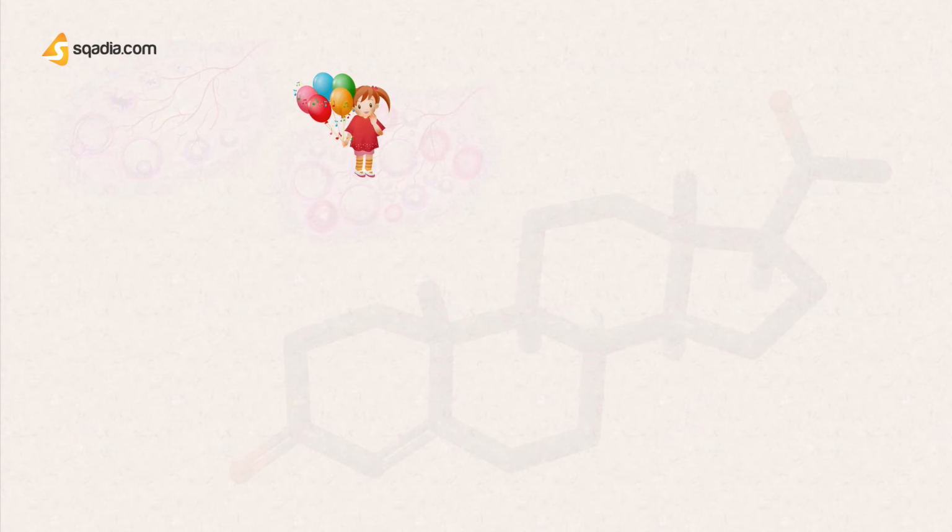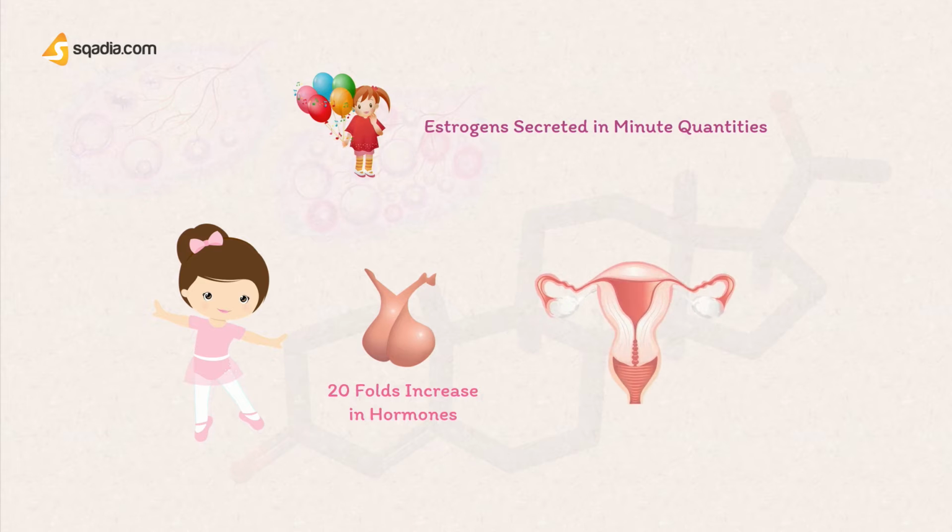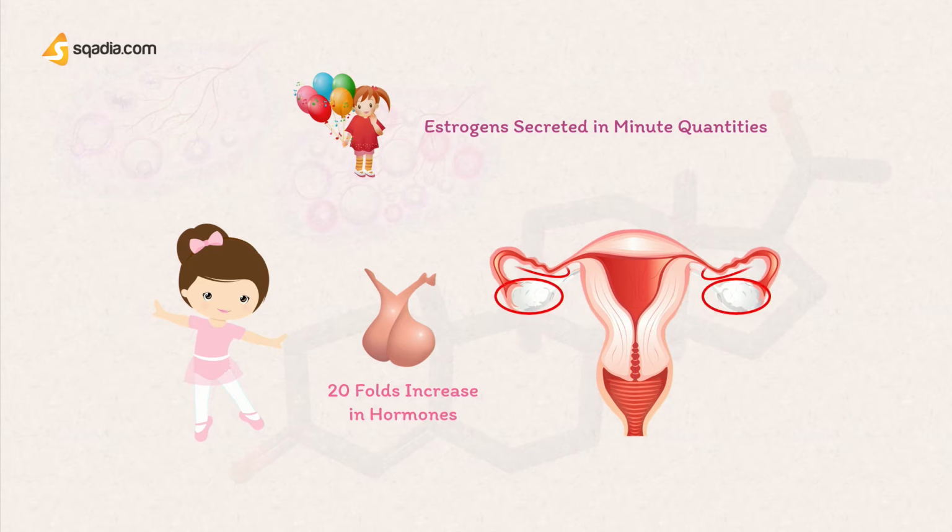then produces effects in the form of enhancement of secondary sexual characteristics. Certain tissues, certain membranes, certain linings of the body in the reproductive system and external genitalia proliferate and turn a child into an adult female. During childhood, only a minute quantity of estrogen is secreted in a female child, but as the child progresses to the teenage, the production of estrogen increases up to 20 folds, which results in the enhancement of ovaries, fallopian tubes,